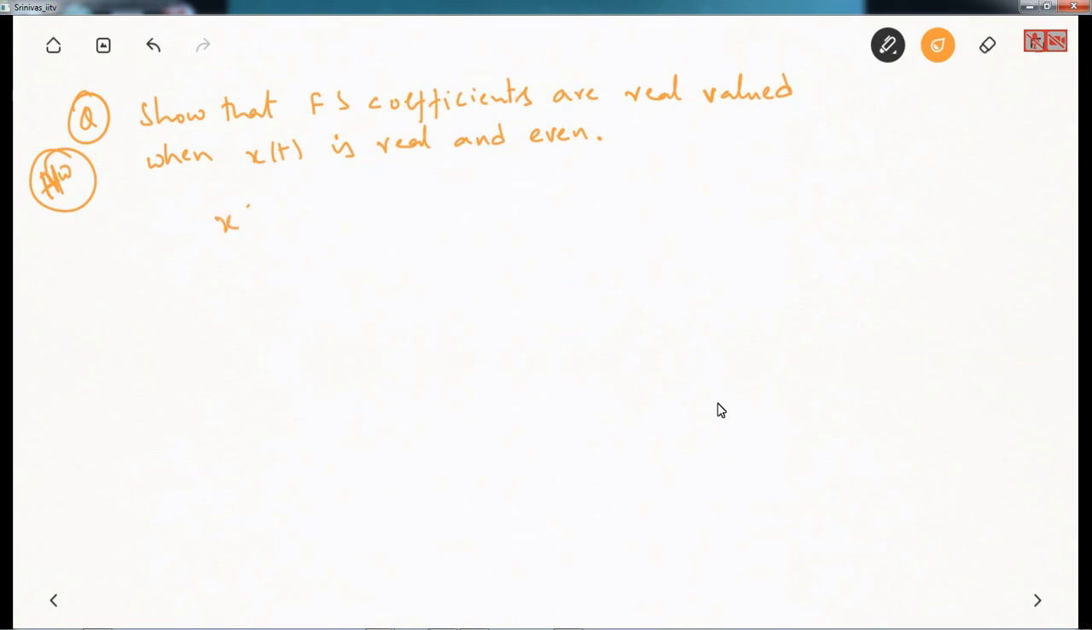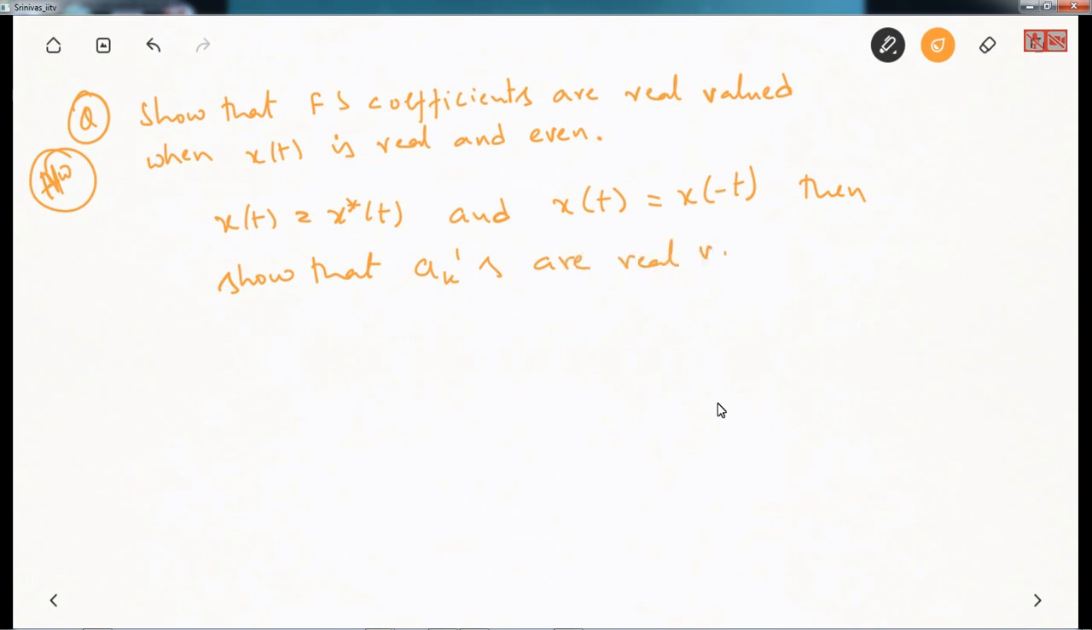So what I'm trying to say is: if x of t is equal to x conjugate of t, and x of t is equal to x of minus t, then show that a_k is real valued. We have a property for this, and we have a property for that. If you use both these properties, we'll get the solution, right? So with that, we will move on to the last property,